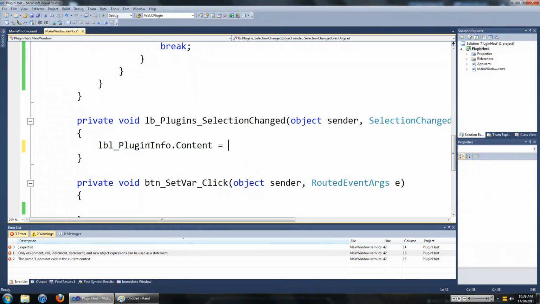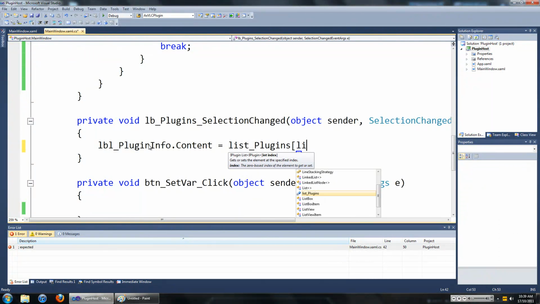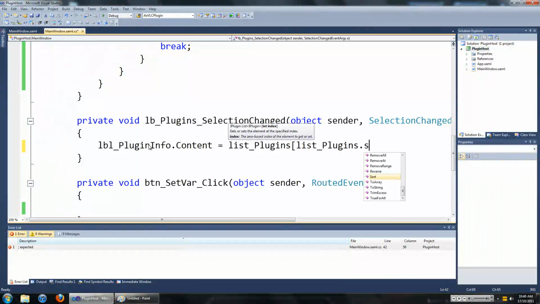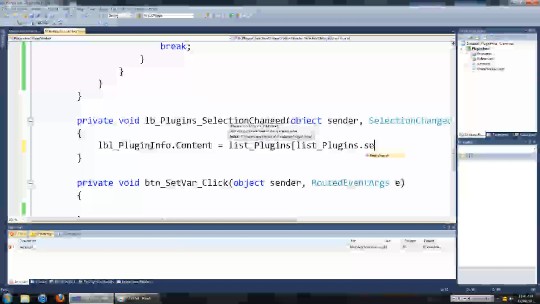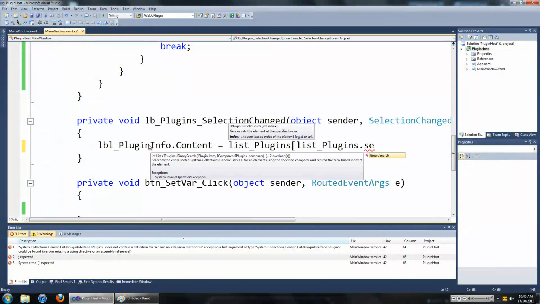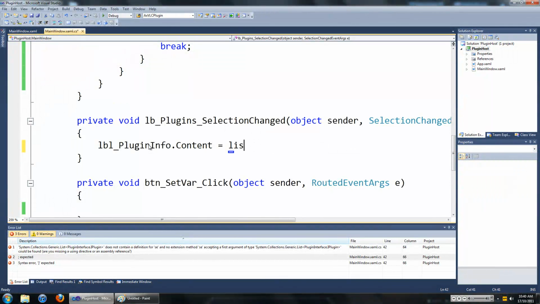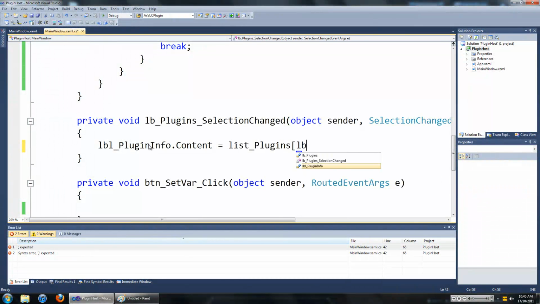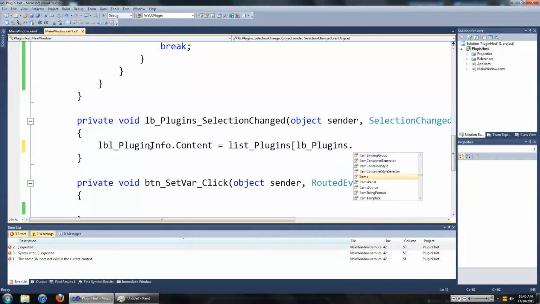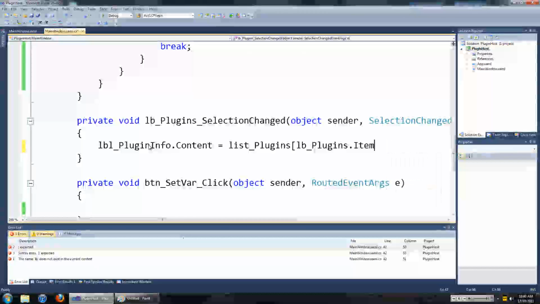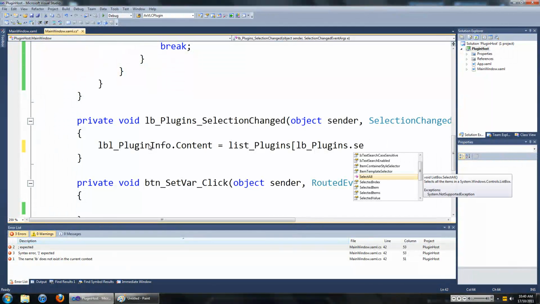We want to set it to listPlugins, oops, not listPlugins, sorry. Actually, yep, listPlugins, but this will be from listBoxPlugins.Items. Actually, listBoxPlugins.SelectedIndex, sorry.